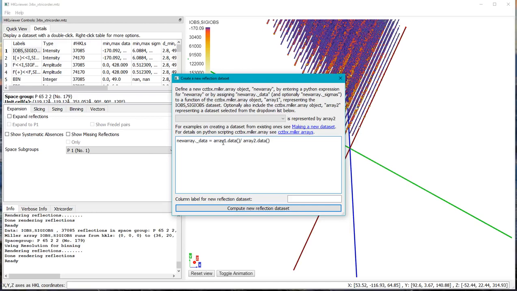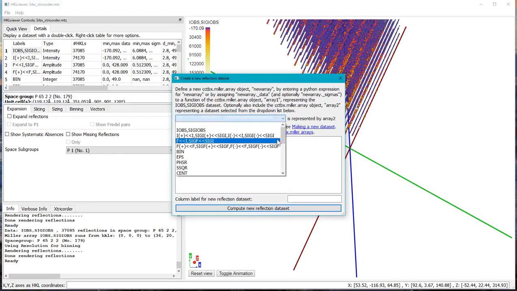So array 1 corresponds to the intensities here, and array 2 will associate with the TNCS correction terms, which